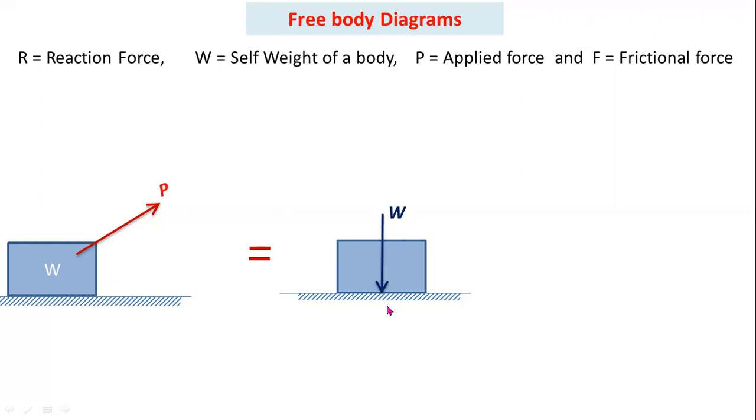Now you have to draw a normal reaction force. Capital R is the reaction force. Already we know that the reaction force always makes an angle of 90 degrees with respect to the support. Here the support is horizontal, so this reaction force capital R makes an angle of 90 degrees with respect to the horizontal support. Now this is a vertical force W. Now this is a reaction force R.